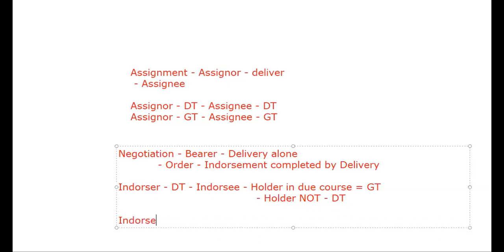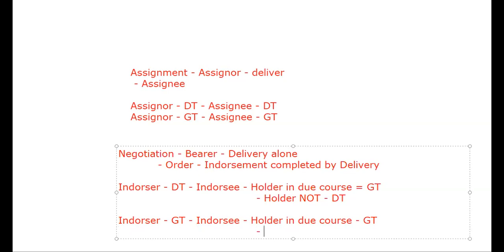So how about if the endorser has a good title? Does it automatically mean that our endorsee will also acquire a good title? Well, again, just like what we have earlier said, if the endorsee is a holder in due course, then he will be acquiring good title. But in the event that the endorsee is a holder not in due course, in which case that endorsee will also be acquiring a defective title. So, yung kind of title ni endorsee does not depend upon the kind of title that the endorser has in the instrument. Unlike in assignment,